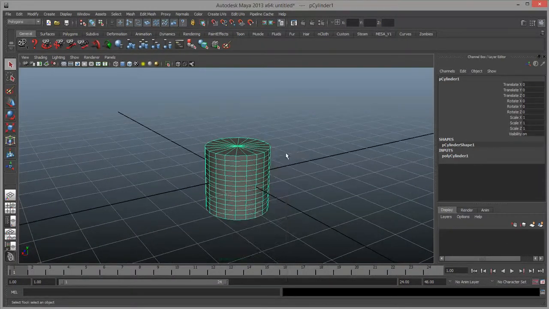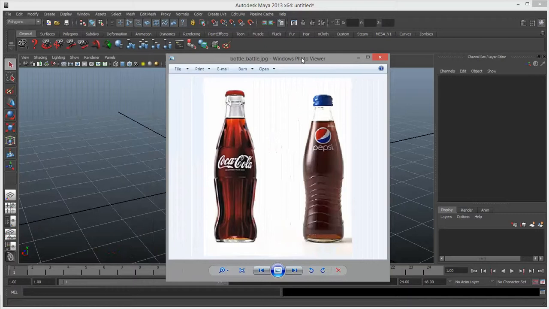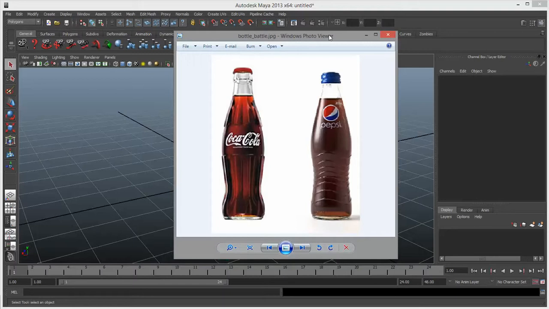Okay, now I've got this picture of a Coke bottle, right? And what would be really useful is if I could get this into Maya to just sort of use as a template, to sort of trace over. Okay, and I'm going to do exactly that, but before I do, let me just make a note on the